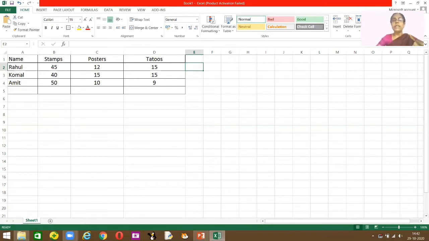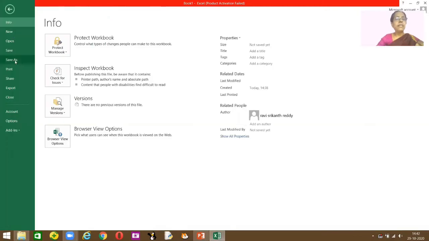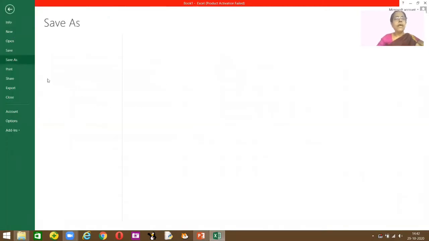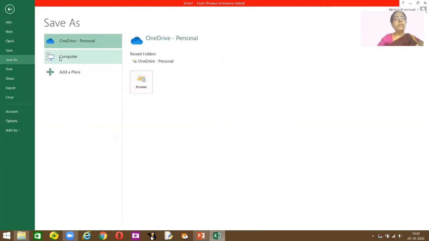Once you enter data, you need to save it, because every time you have to open this Excel worksheet and enter the new things that have been updated. So I do need to save it. To save it, go to File, click on Save As or Save. Then wherever you want, you can browse in My Computer and see where you want to save it.